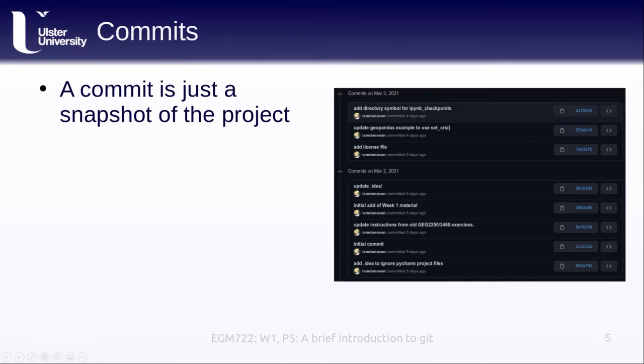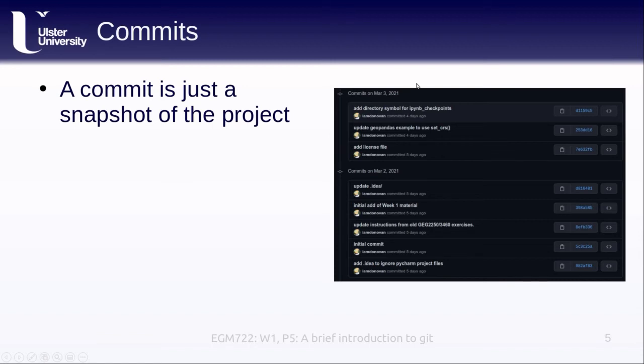So the next term that we will cover is something called a commit. And a commit is just a snapshot of the project. It's the different save points that we make along the way. On the GitHub page for this course, if you look at the top of the file list, there will be a little button called commits. You can click on that and you can see all of the different commits that have been made to the